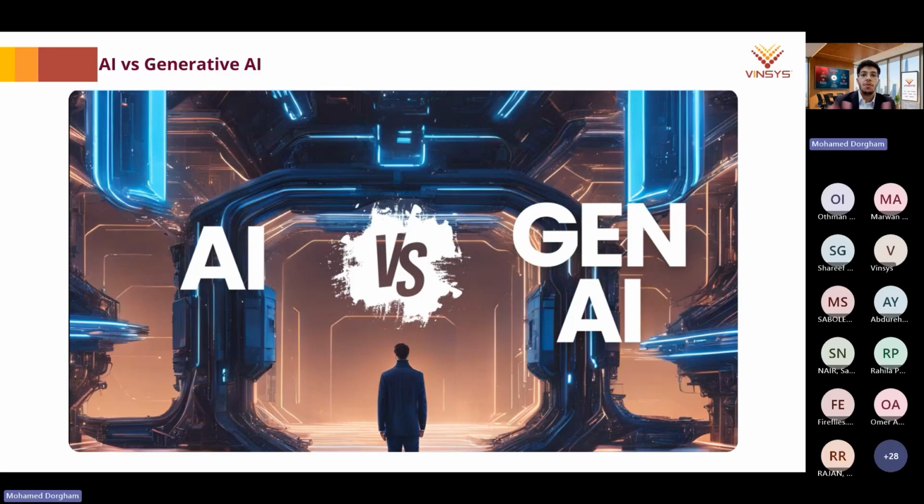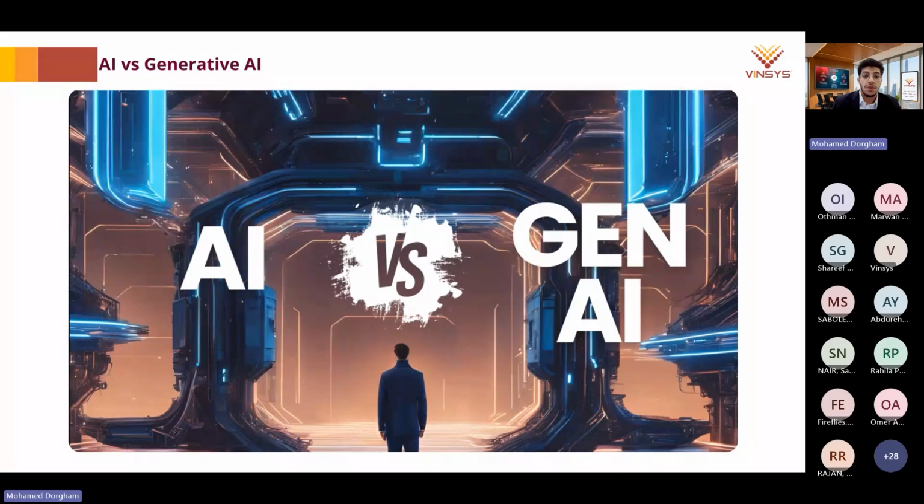So now we have come up with a machine that can do all these tasks, of course in different forms. A machine can be a laptop, a machine can be a robot. When I say machine, I always refer to the hardware system. And when I refer to AI, I'm always referring to the brain that operates the system, the body, or the machine. This is AI in very simple terms.